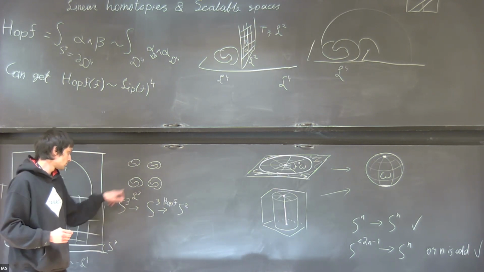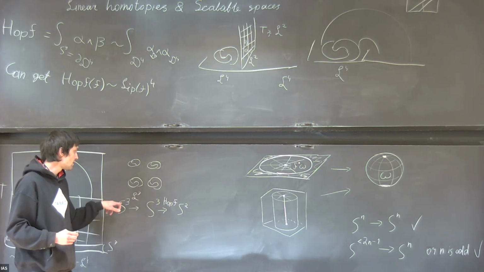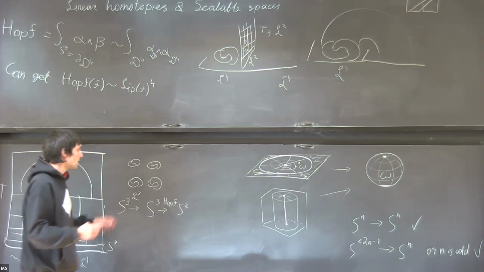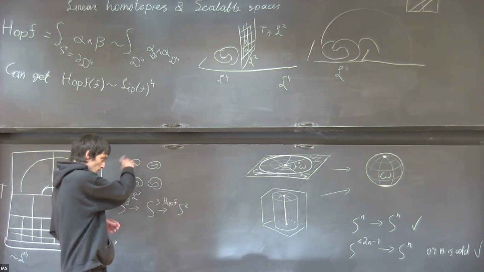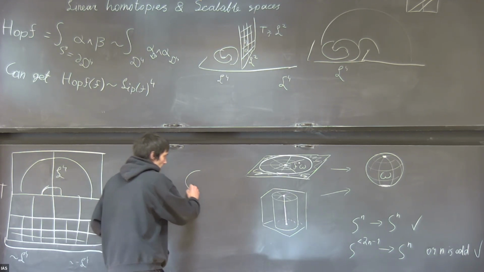We have scaling on the left side, and it is just L to the 3. But on the other hand, what we can do is, instead of this bunch of tiny loops, we can get a huge